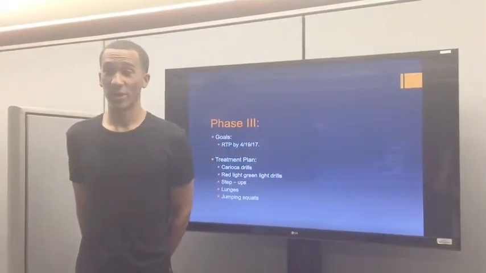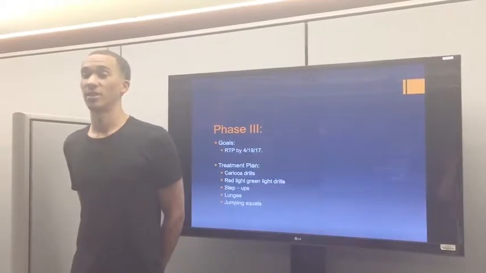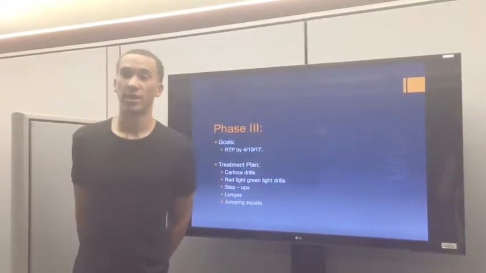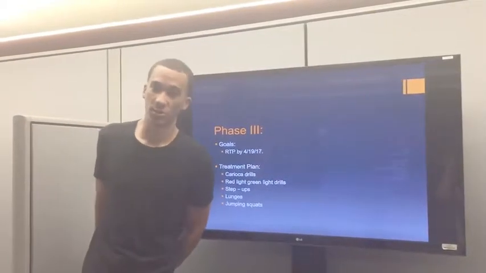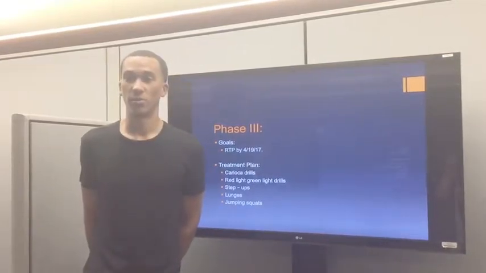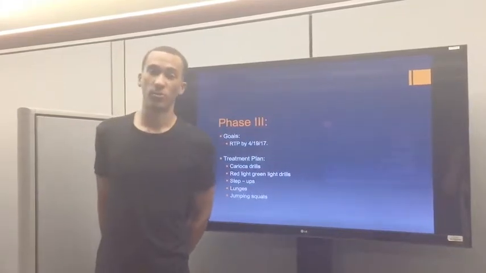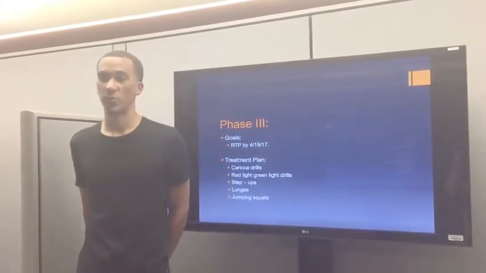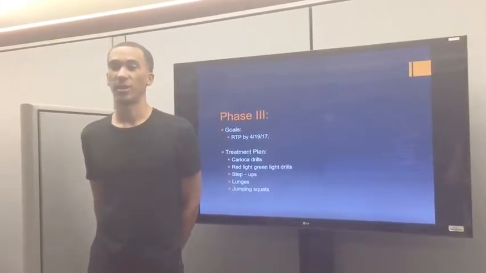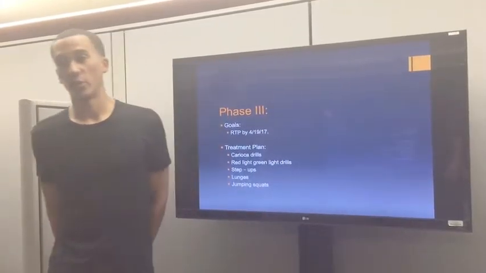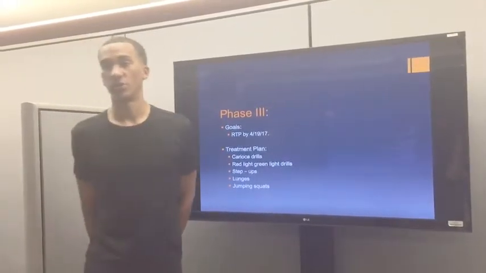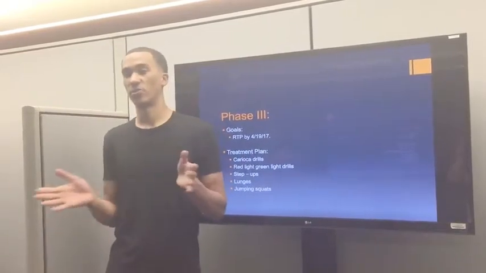Phase 3 of our rehab program is our last phase, and it's towards the end of the phase. So he should have his strength, proprioception, and range of motion close to normal, if not normal. And we want to return him back to practice or just full participation in whatever he's in his daily life by April 19th. In phase 3, we can add in karaoke drills to add in different planes of motion